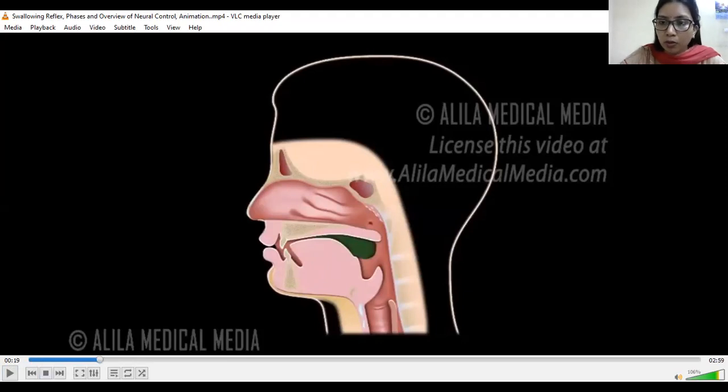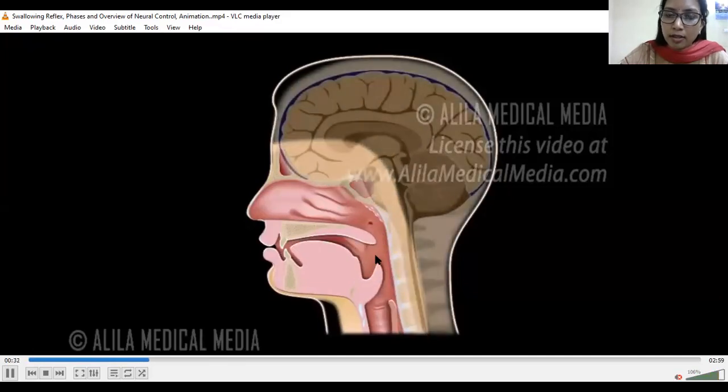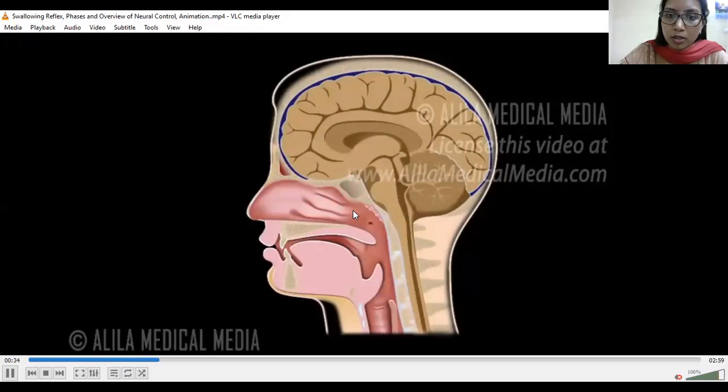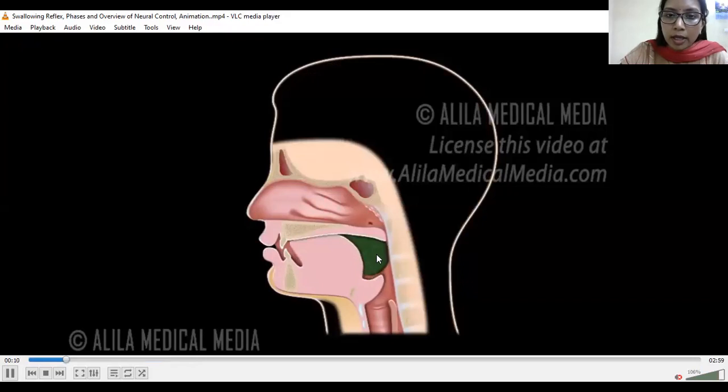I will mute the video and I will explain it to you. So you can see here what we have discussed. The Passavant ridge, this is the area. So the soft palate is getting elevated and it is getting attached to the Passavant ridge, sealing your oropharynx from your nasopharynx. So the food is not allowed to go back into the nose. So again, here you will see after the bolus is prepared in the mouth, the mylohyoid is moving upwards. See again, mylohyoid moves upwards. So this elevates the tongue and this squeezes your food bolus into your oropharynx.